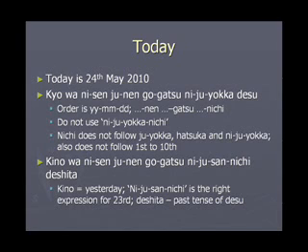Actually we use the date 24th here, which goes by the name Niju Yokka and does not follow the traditional system of using the suffix nichi. So we do not say Niju Yokka Nichi, you simply say Niju Yokka. Kino wa nisen junen gogatsu niju san nichi deshita.